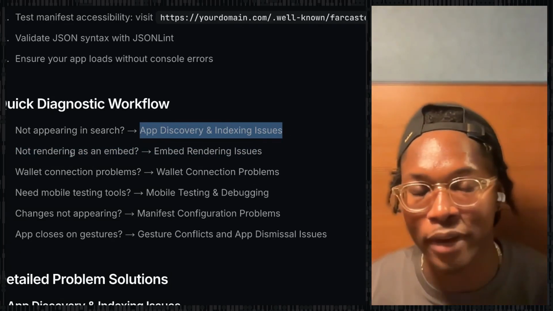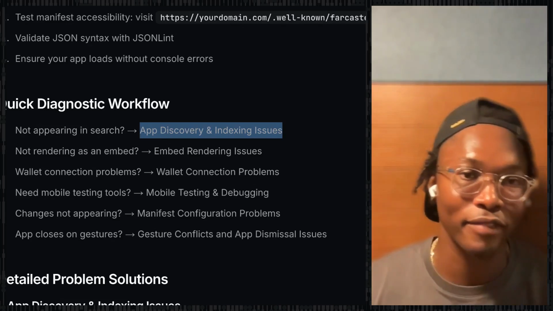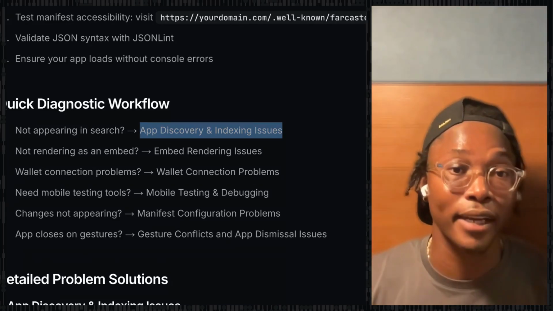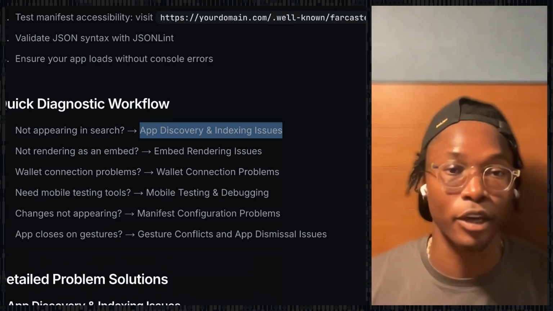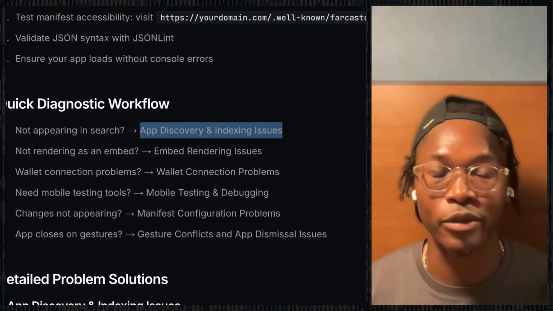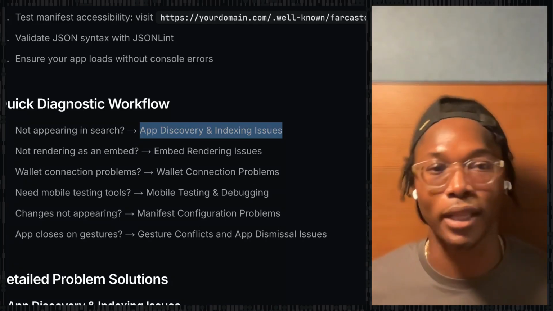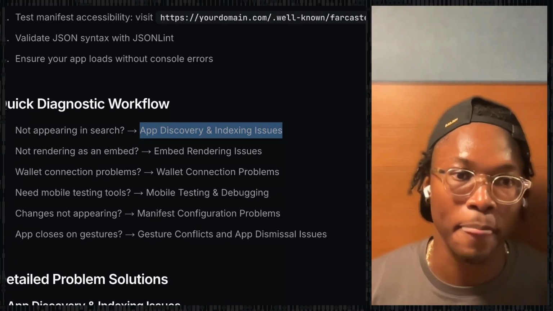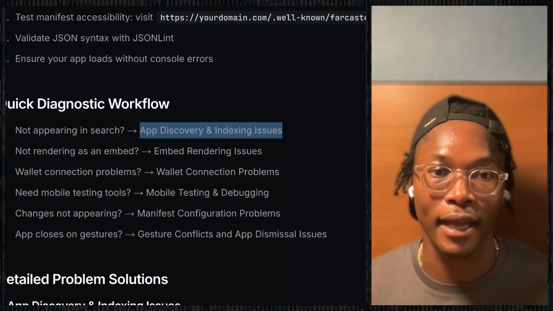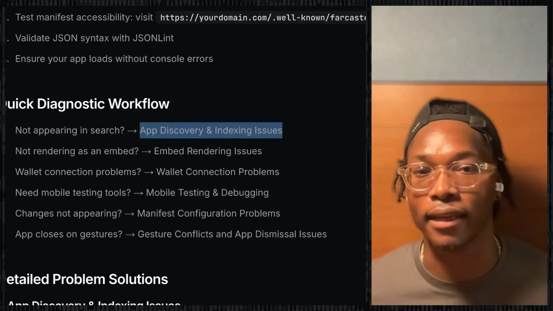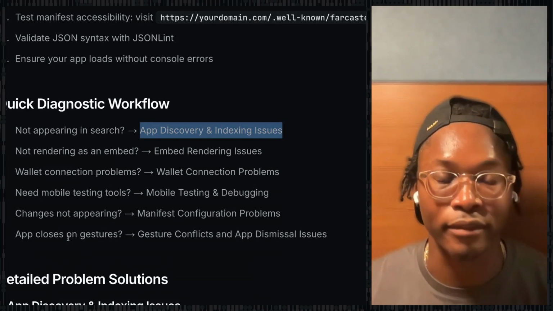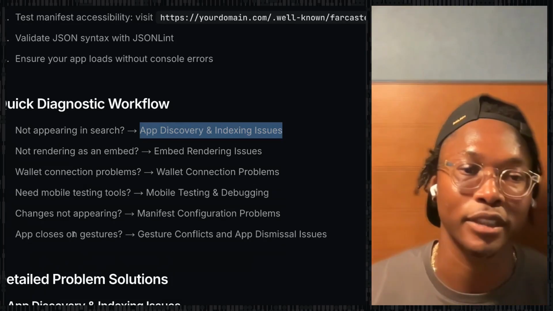If you posted your URL in Farcaster but it's just a link, that sounds like your embed is not rendering, and we have a section for that. If you can open the app but you're having wallet issues, we have a section for that. And then mobile testing, as well as if you made some changes and things are not showing up for whatever reason, we have documentation for that as well.